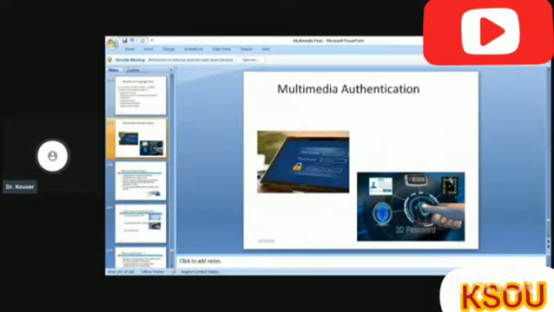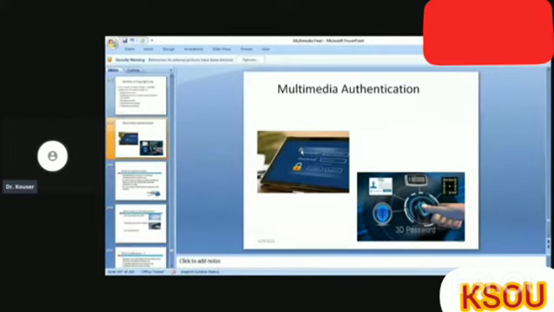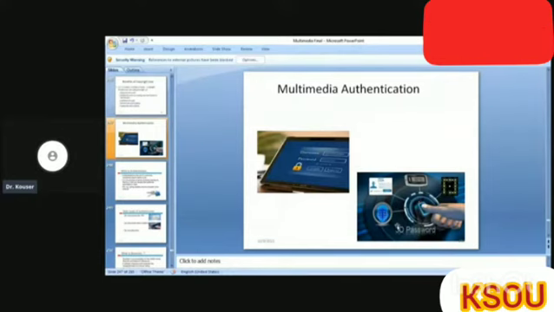In multimedia security, multimedia authentication plays a very important role. You might have seen whenever you are accessing an app or your bank account or any other account, there is a username and password which acts as an authentication for the particular multimedia. And there are 3D passwords also these days, which is a combination of patterns, your biometrics, and also some digital keys.